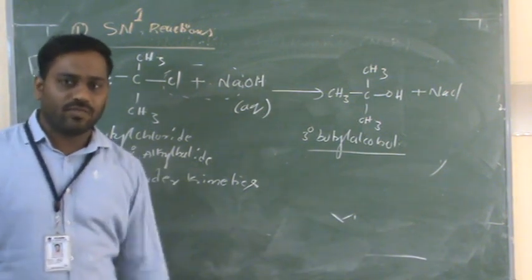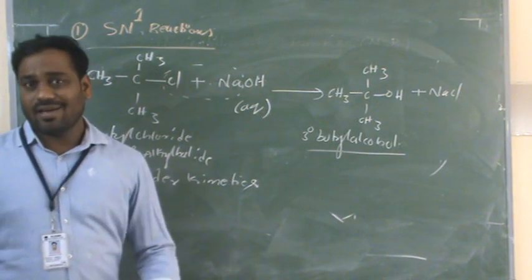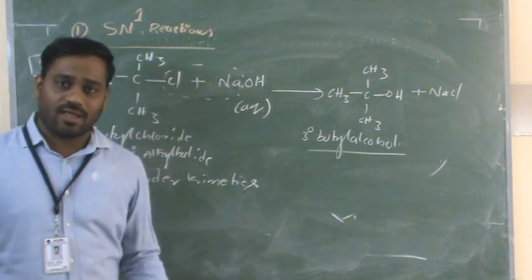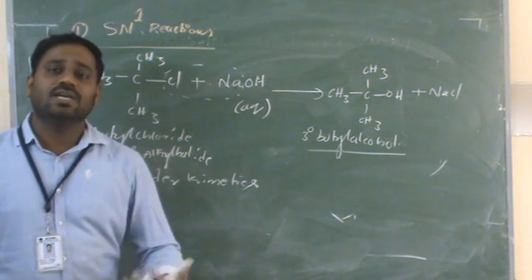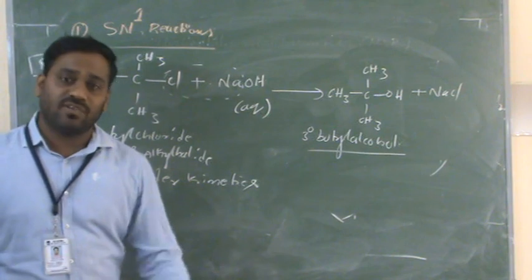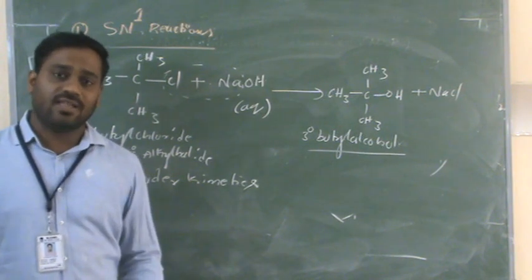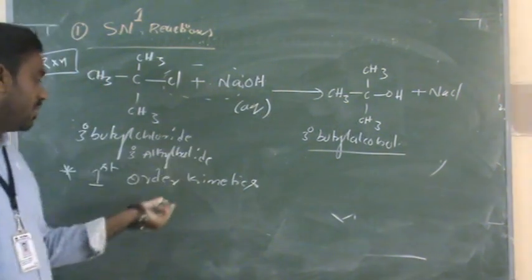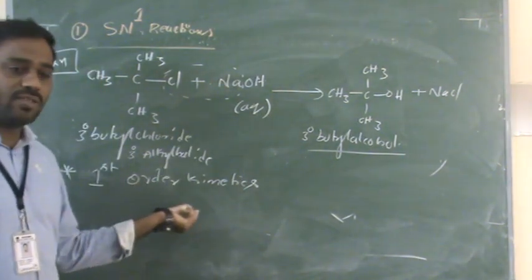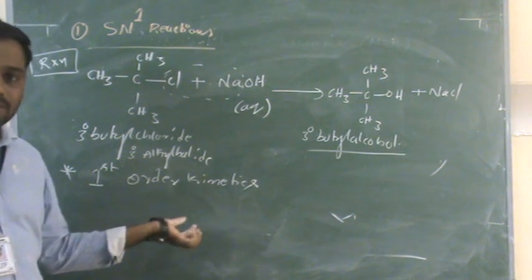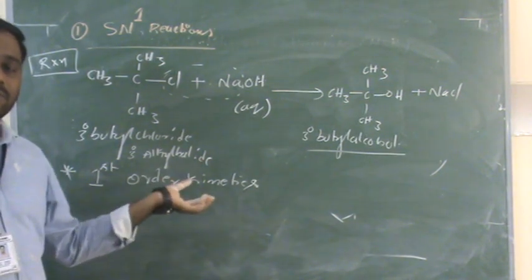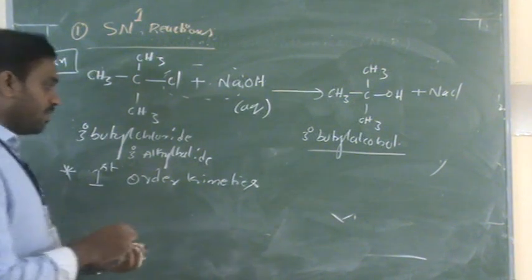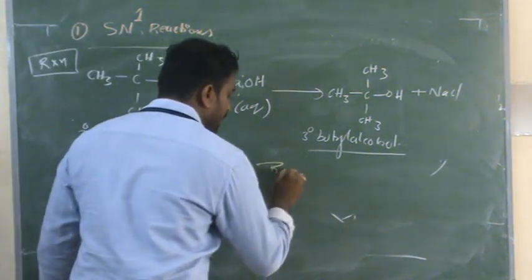You will discuss all these things in chemical kinetics; I am giving a little introduction now. All reactions are divided into many types according to speed: zero order, first order, second order kinetic reactions, and so on. Now this reaction belongs to first order kinetics. Why is it first order kinetics? Because the speed of the reaction depends on only a few factors.